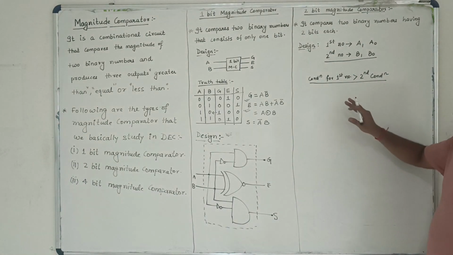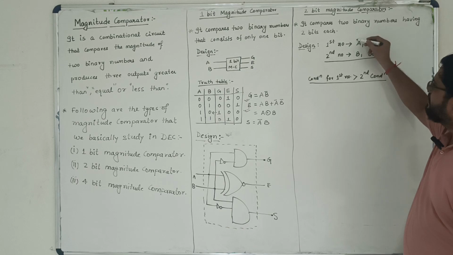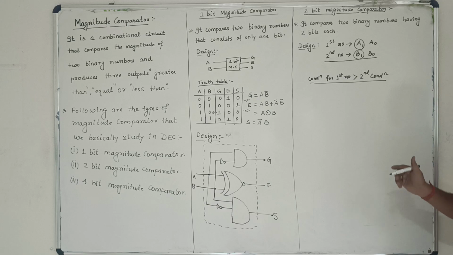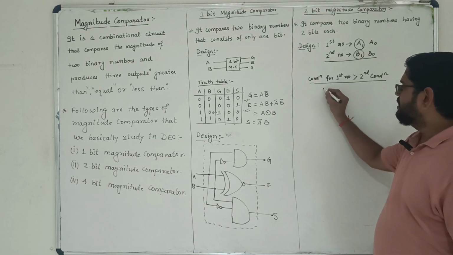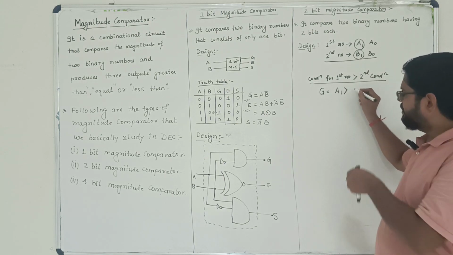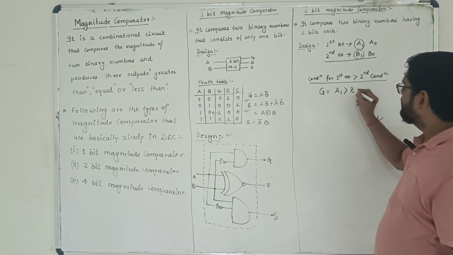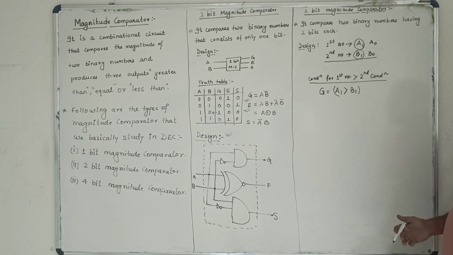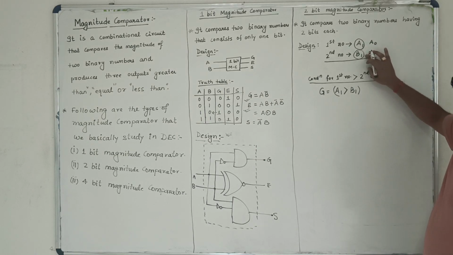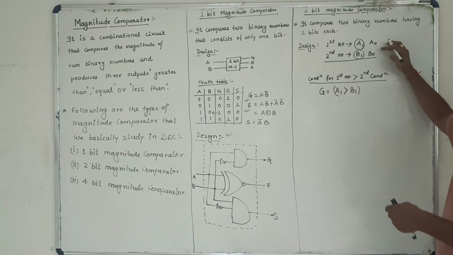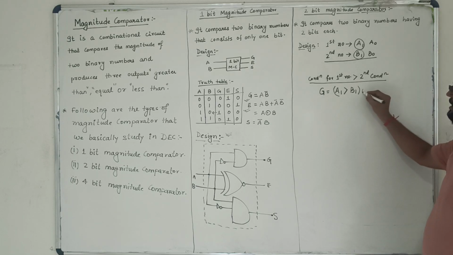First number will be greater if A1 is greater than B1, then automatically it will become greater, isn't it? So the first condition for the G part is if A1 is greater than B1, then we have a greater number. Other than this, what are the possibilities? It might be possible that A1 is equal to B1. Then we jump to A0 and B0, and if A0 is greater than B0, then also we can say that the number is greater. So the second condition is either this or